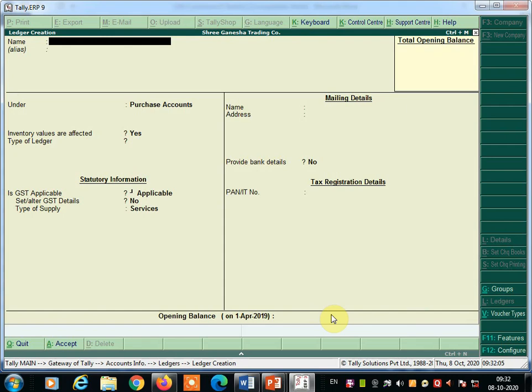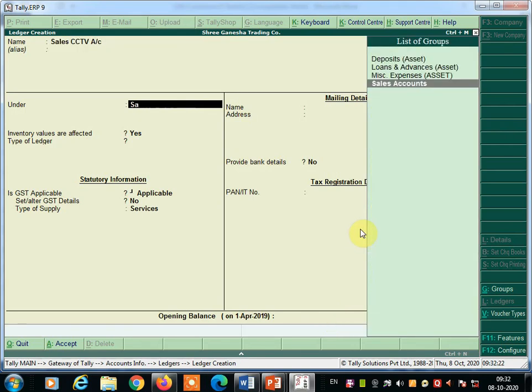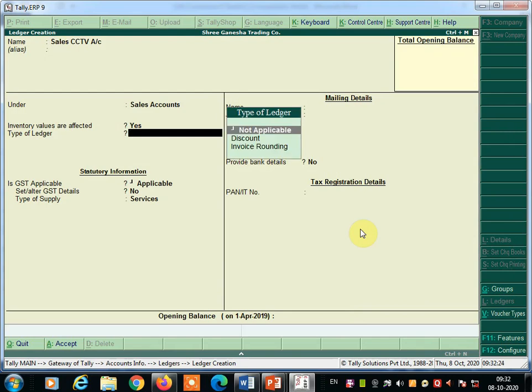Next we are going to create the sales ledger. Okay, so we can create Sales CCTV account, under sales accounts. Here also you are going to fill the same details.